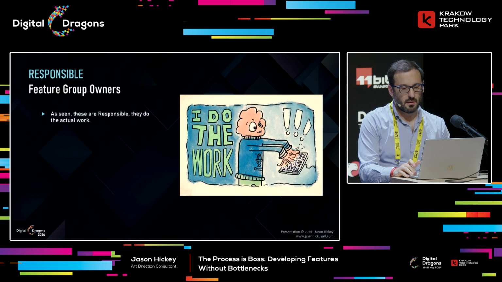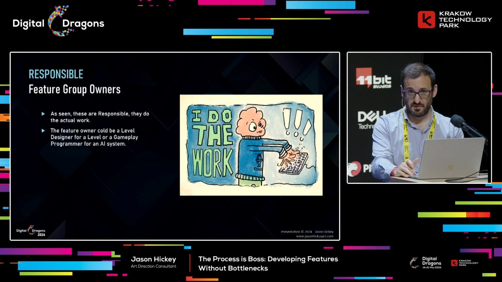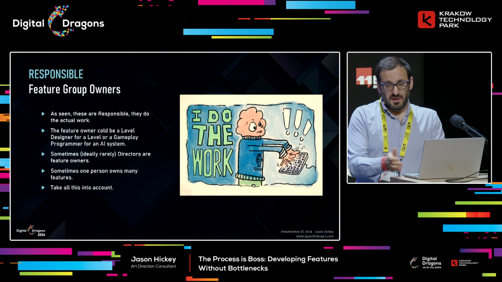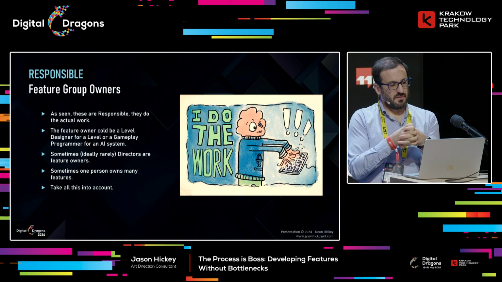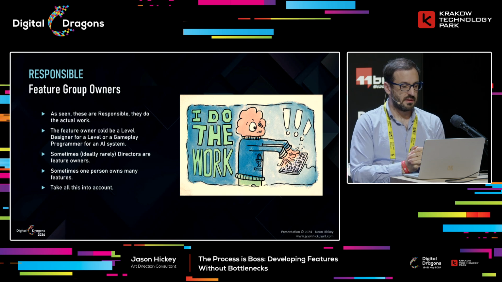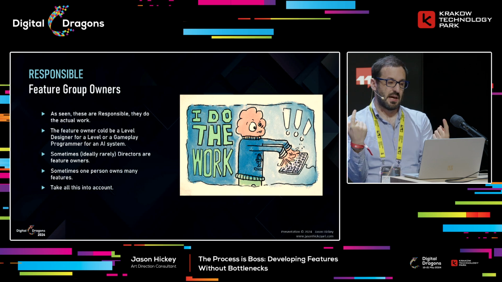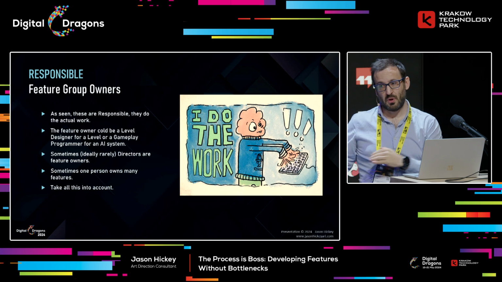So really quick, hopefully this is quite clear. Feature group owners are those that are responsible for delivering this process throughout, right? They could be, for art, they could be a level designer, but it could also be a narrative designer and level designer, and the environment artist could be the feature group owners. Ideally, it's not a director for obvious reasons, because the bottlenecks will multiply. Often with shared teams like VFX and things like that, you're going to have multiple features owned by a few people. So you've got to really watch that when you're doing your Gantt scheduling to make sure that those people aren't really creating new bottlenecks,